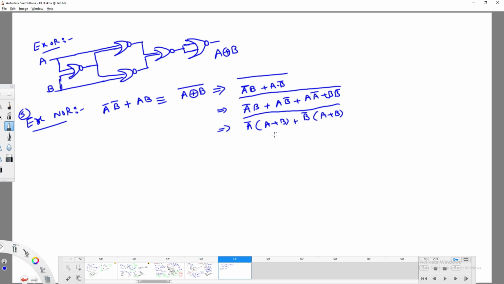Right now, instead of writing it like this, I will try to modify it into product of sums. What I will do is keep this complement the same, and make it a double complement. When I make it a double complement, you are going to get,